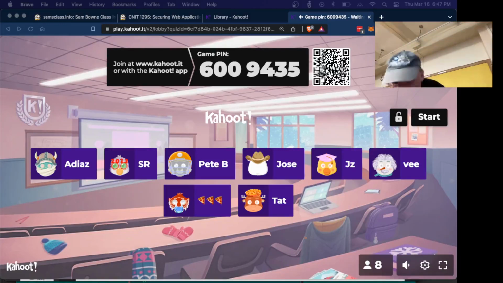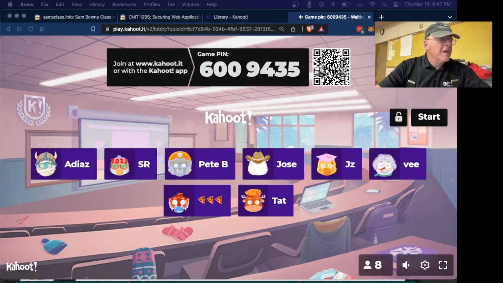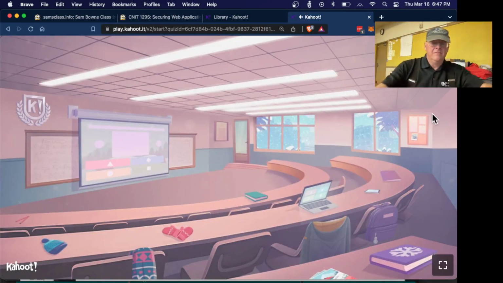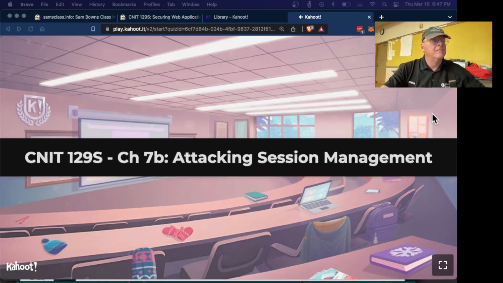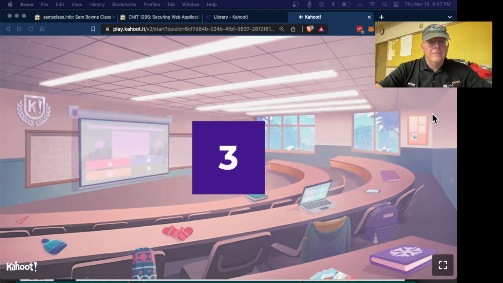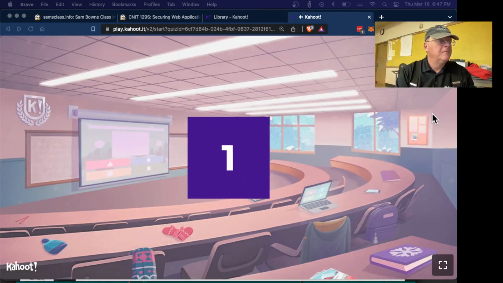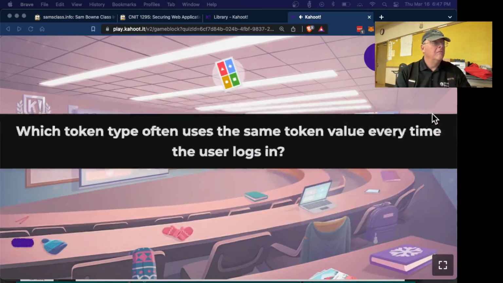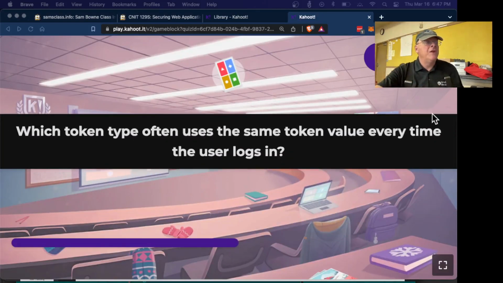All right, let's give it a try. So what token type will use the same token every time you log in?